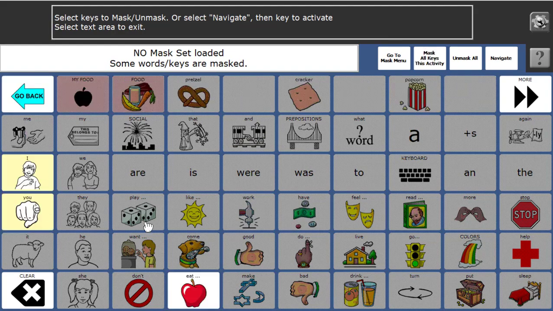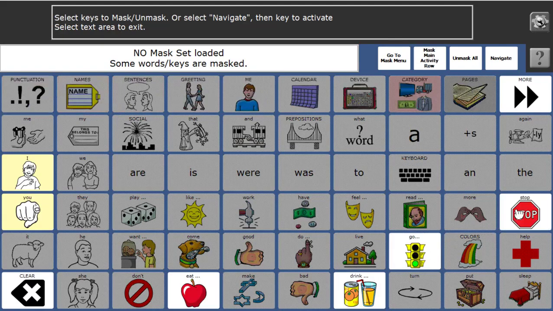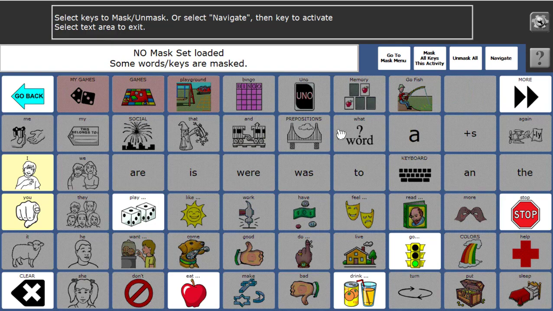I'll do the word eat. Maybe I'll have pretzel and cracker available. The word drink, the word go, the word stop. I'll do the word play. And maybe go fish, and then maybe there is a game on this games page that I also want to